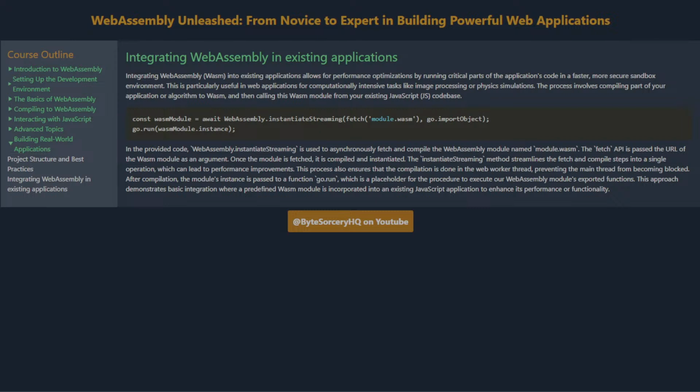The instantiateStreaming method streamlines the fetch and compile steps into a single operation, which can lead to performance improvements. This process also ensures that the compilation is done off the main thread, preventing the main thread from becoming blocked. After compilation, the module's instance is passed to a function go.run, which is a placeholder for the procedure to execute our WebAssembly module's exported functions. This approach demonstrates basic integration, where a predefined Wasm module is incorporated into an existing JavaScript application to enhance its